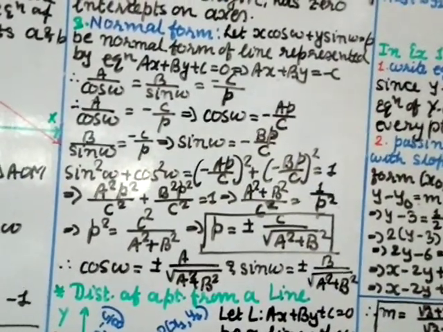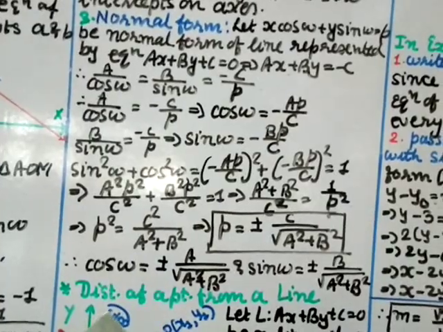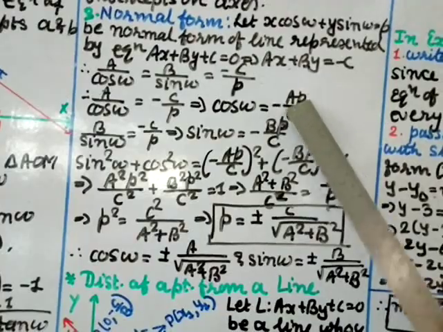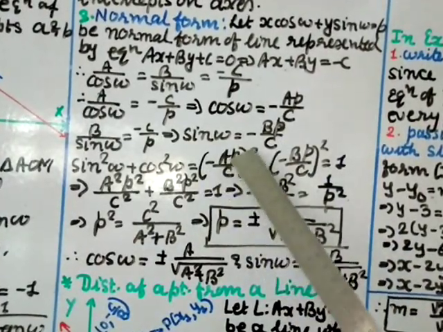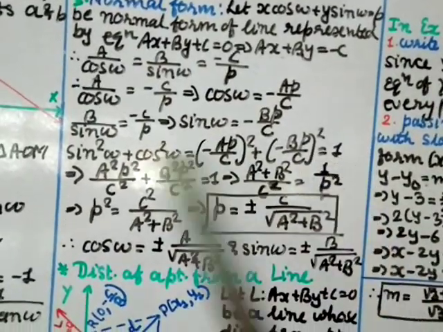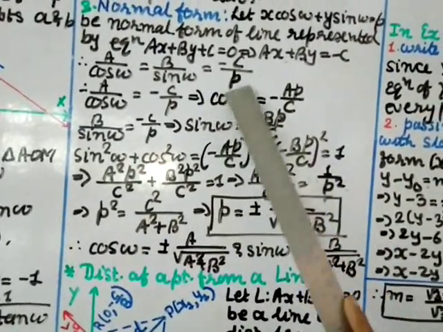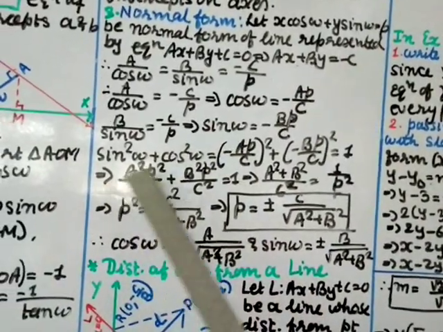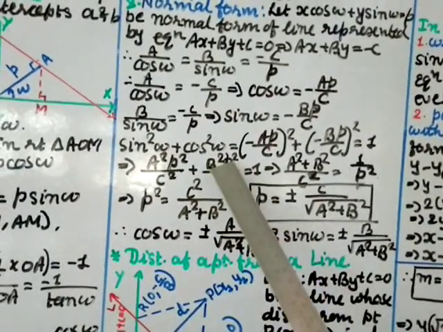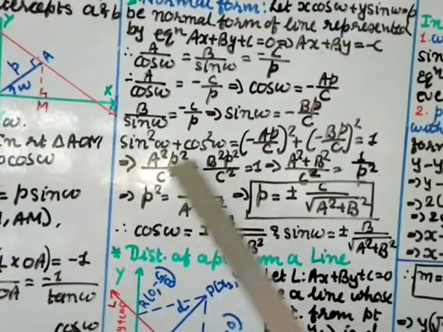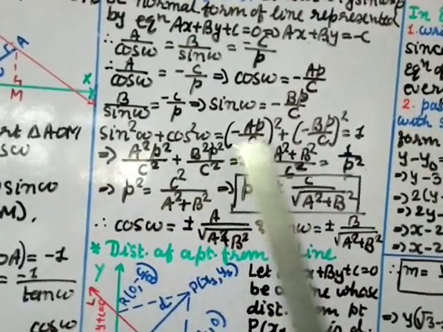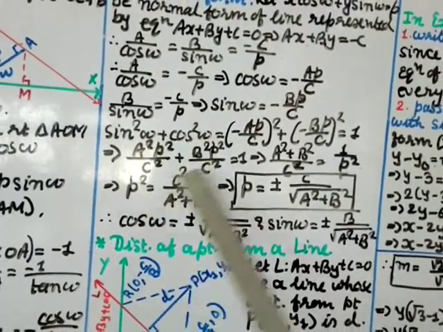Now we know the trigonometric identity that sin square plus cos square is equal to 1. So we shall use this, sin square plus cos square equal to 1. So put the sin square and cos square values from here. So I put the value, minus ap by c whole square plus minus bp by c whole square, equal to 1, because these values are cos and sin values. So here a square p square by c square plus b square p square by c square equal to 1. From here take p square common, and transfer it over here, it will go in the denominator, so 1 by p square, and the denominator is c square, so you can just add the numerator as a square plus b square by c square.